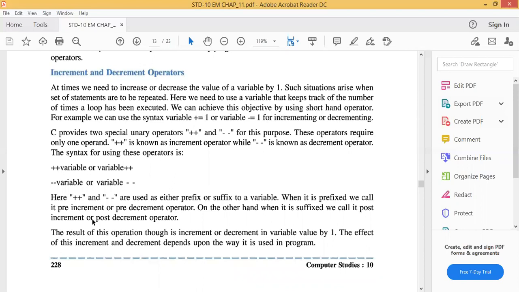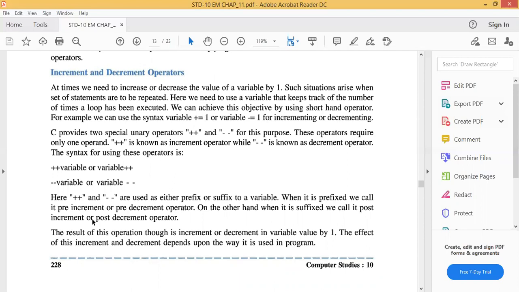We can achieve this objective by using shorthand operators. What is a shorthand operator? Those used with the equal to sign. For example, we can use the syntax variable plus equal to 1 or variable minus equal to 1 for incrementing and decrementing. Underline this line.